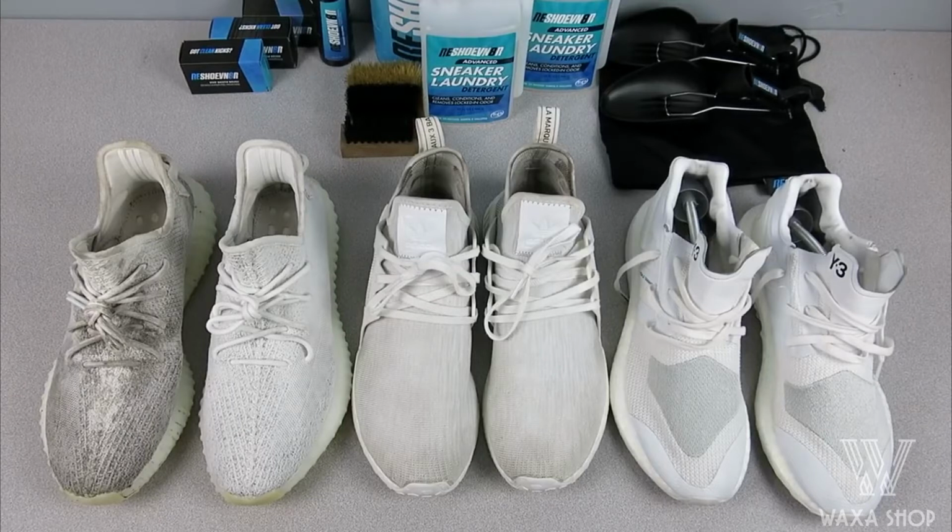For the boost, it definitely did great. I think it cleaned that up, but for the overall Prime Knits you guys saw with the Yeezys, definitely not a great choice. Definitely be careful with your triple white Yeezys, because this